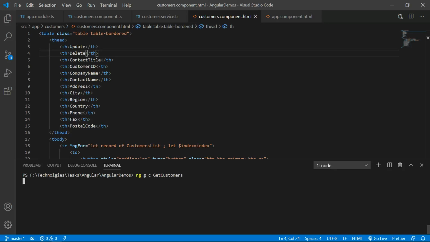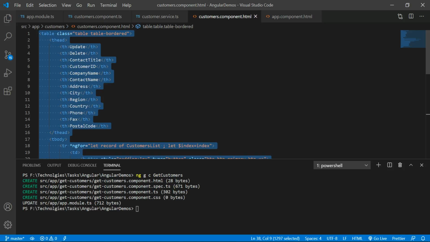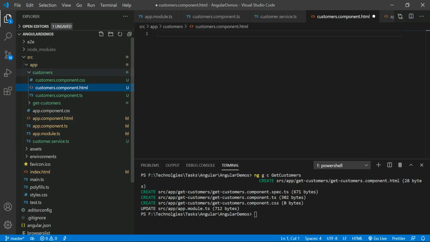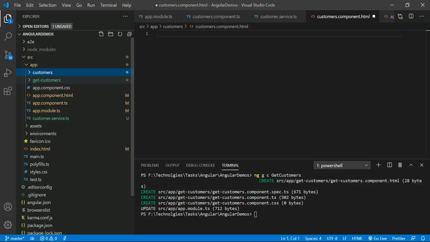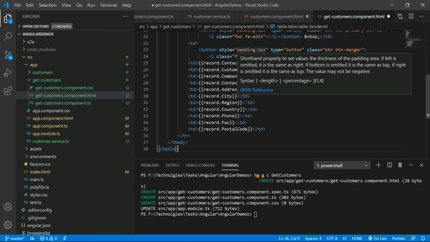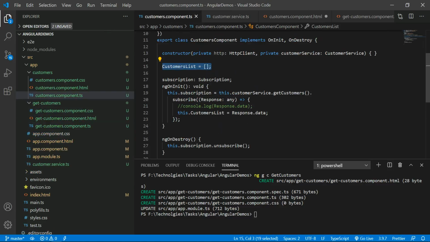So I have given the component name get customers. I will move this entire table structure into the new component. Let me cut by pressing Ctrl X, and I'm moving it to the new component. And the TS file also. I don't want to initialize these local variables in the customers component.